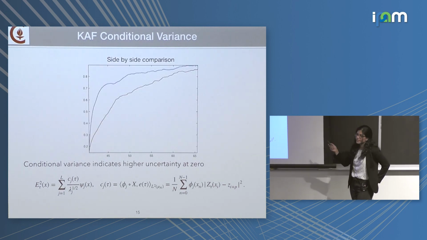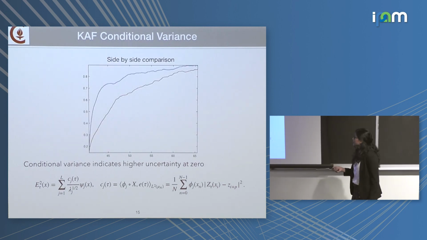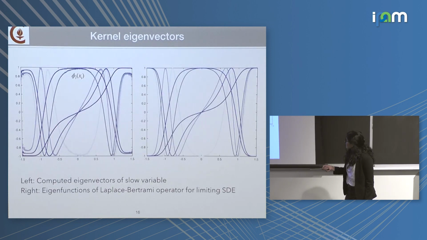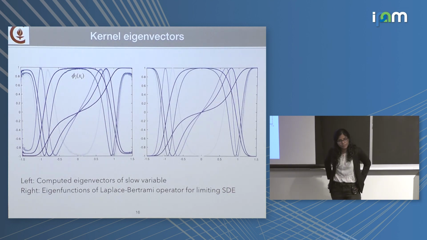And here's the side-by-side comparison, just so you can see how the method adapts. So these are the kernel eigenvectors that we have computed, the first 7 or so. So here are the kernel eigenvectors, and we know what they should converge to for this particular system. They are dependent on the geometry of the manifold, the eigenfunctions of the G matrix we